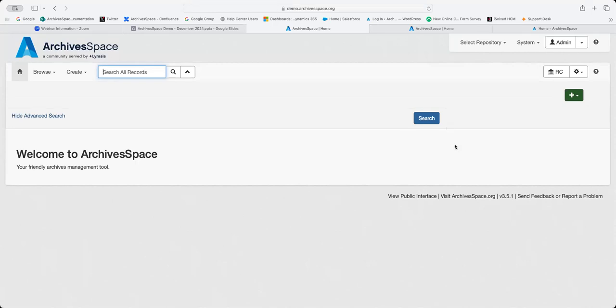So we do know of institutions that have actually adapted the tooltips in ArchivesSpace and some other things in ArchivesSpace to better provide clarity on, if ISAG is the content standard that you're using, where things go and how to use it, and provide a little more guidance that way. And again, feel free to get in touch with us at archivesspacehome@lyrasis.org if you'd like a little bit more information.